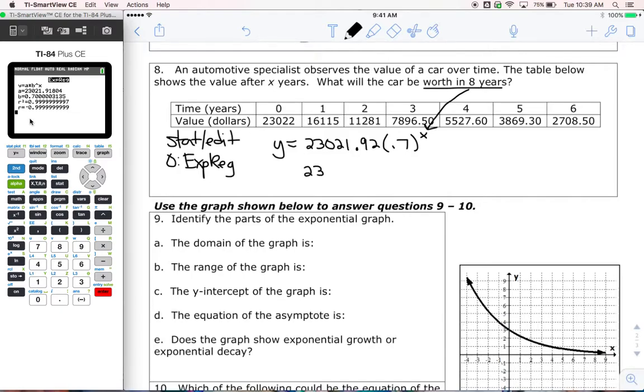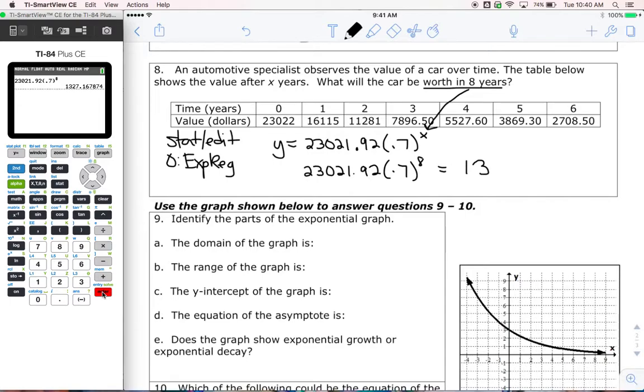So we're going to do 23,021.92, 0.7 in parentheses to the power of 8, and that is something I just have to calculate. So 23,021.92. We've got 0.7 in the parentheses, and we've got to the power of 8. So in 8 years, my car will be worth, wow,